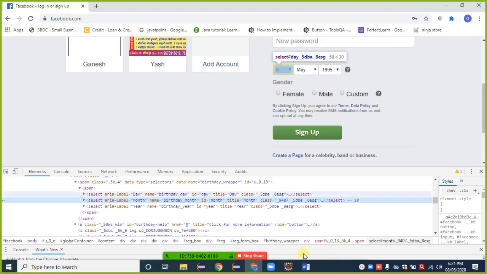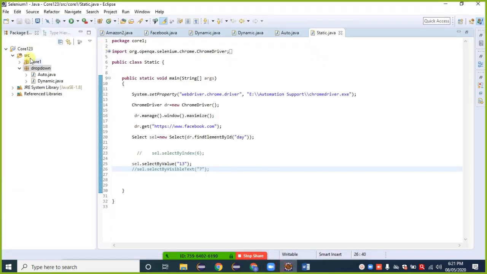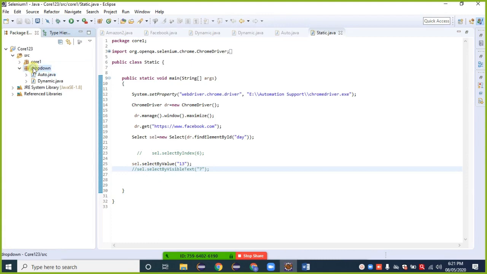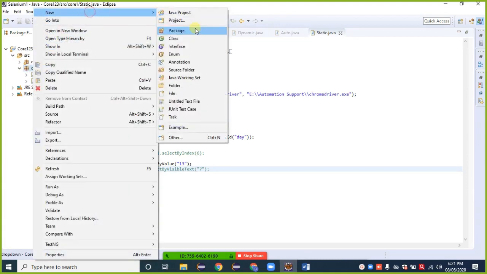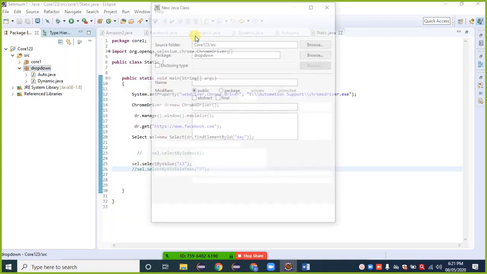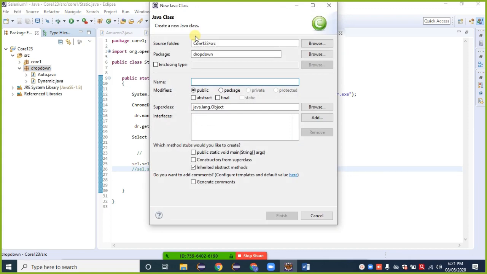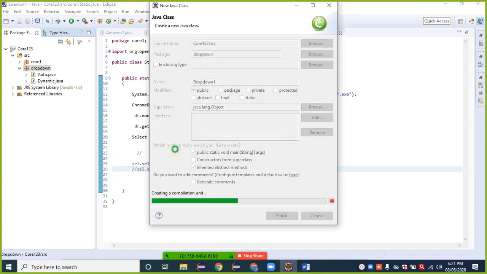Okay, here making another class inside this one, having name drop down 1, with main method.